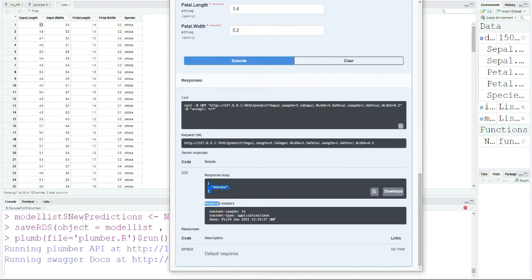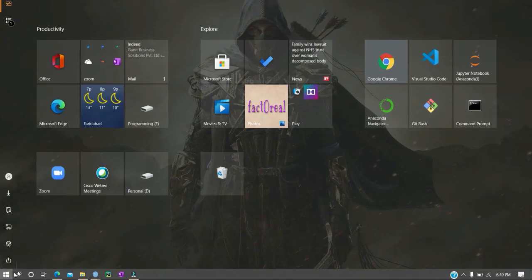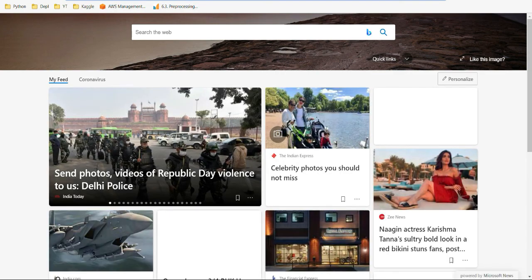So this is basically my Setosa species, and if I run it, then it provides me an output here that this is Setosa. It is a JSON output. And if you want to use this URL, you can see that the request URL is also printed here. And if I go and show you what I can check out here, you can simply see that I have it as Setosa. So this is basically my API URL, and here is my endpoint and my parameters are here. And you can just simply play with them, like 0.5 or whatever. So you see that I changed it to 8 and it says that it is versicolor.